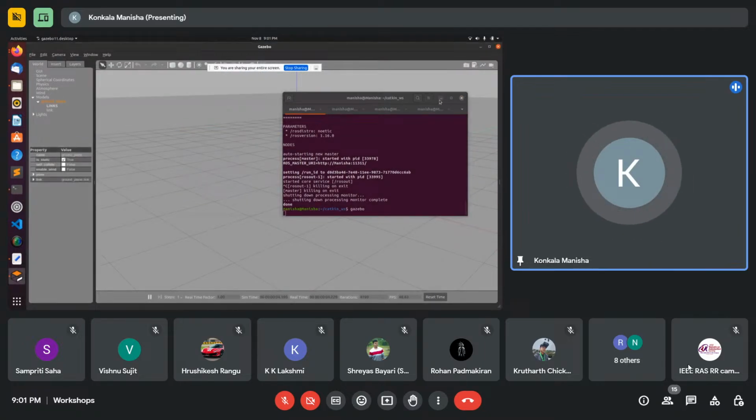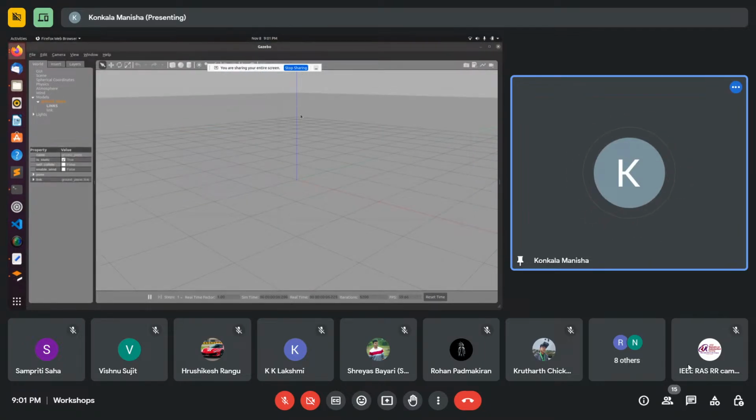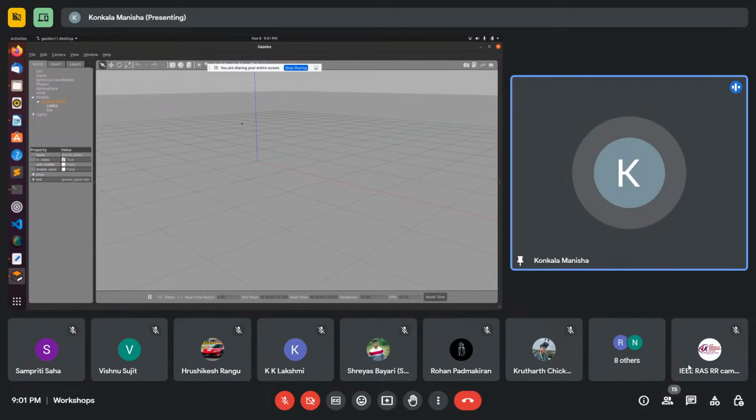So this is a simulator. Gazebo is a simulator. So you will bring in your robot here. This is called your Gazebo world, or this is the same as your room or anything else you want to create. Suppose you want to add a wall here, you can add it. You want to add a table here, you can add it. So for example, I have few stuff